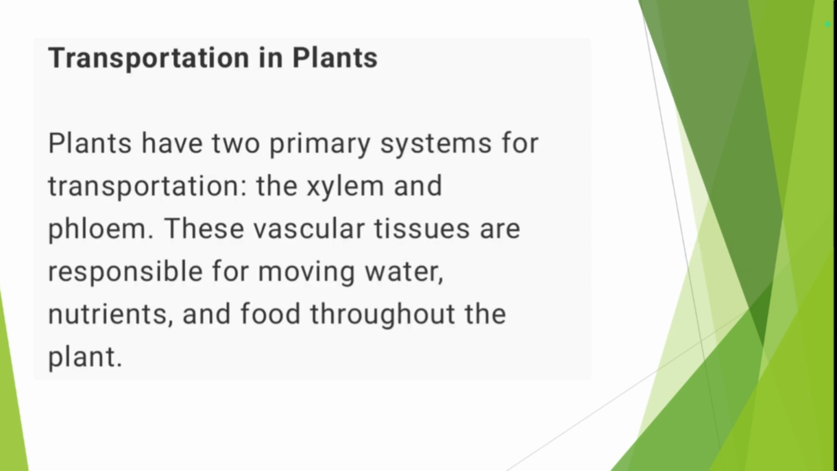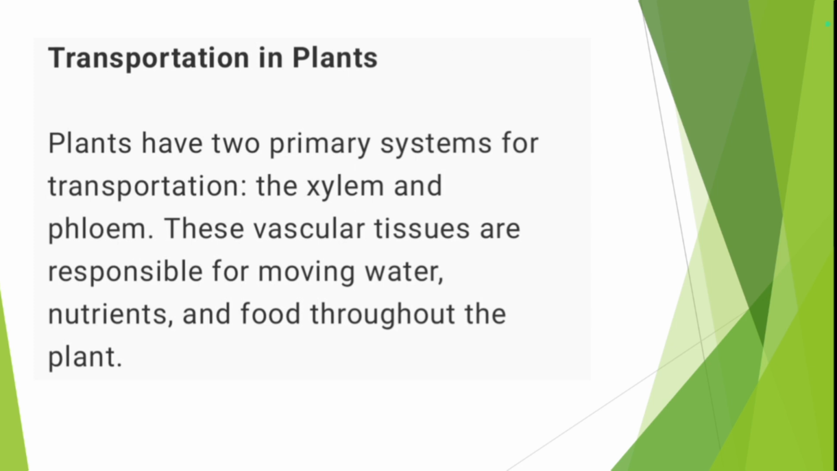Actually, plants have two primary systems: the xylem and the phloem. The vascular tissues are responsible for moving water, nutrients, and food throughout the plant. Here, what happens is that when a group of cells combine together to perform a specific task, it is called a tissue. These tissues form tubular structures in the plants which are responsible for transporting all the things which are necessary for